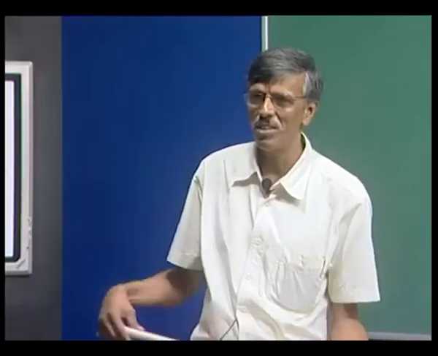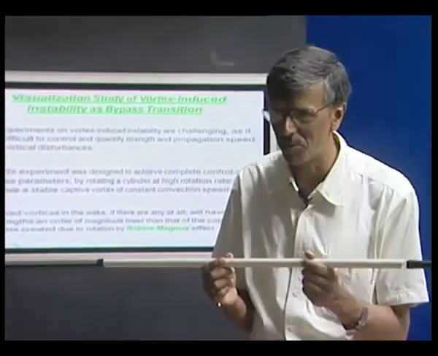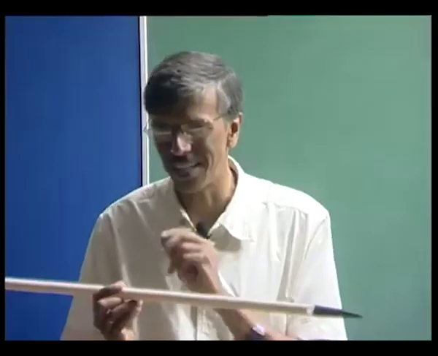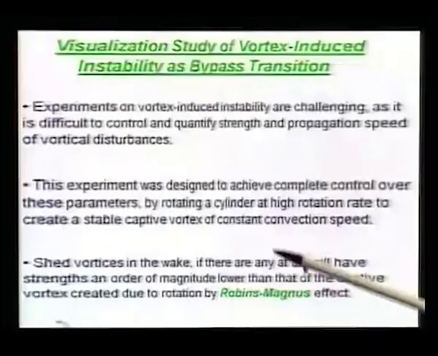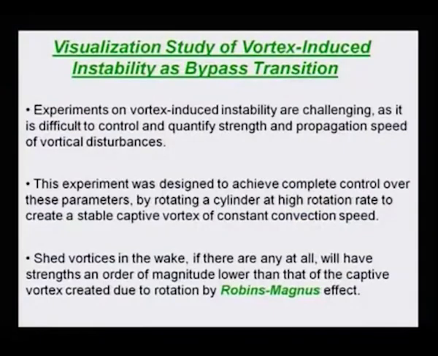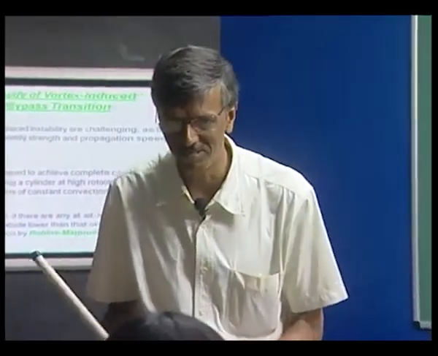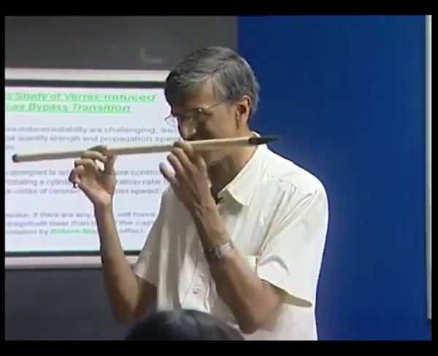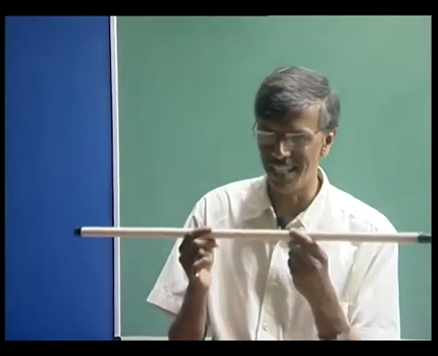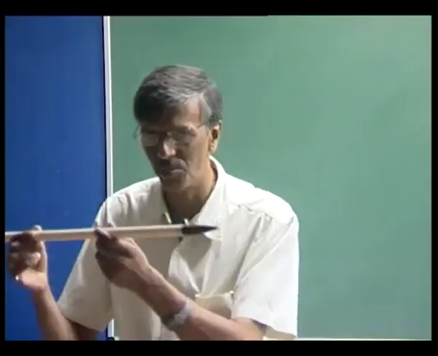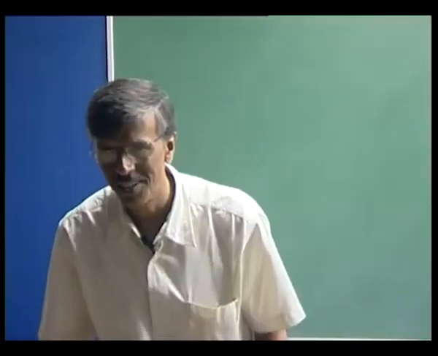We created a vortex by rotating a cylinder. You know that the Robins-Magnus effect creates a very potent coherent vortex at the center of the translating rotating cylinder. So we did that. So we said that this will do the trick, and by the rotation direction we could fix its sign. And because now your vortex is trapped inside the cylinder, you have kept the height fixed. And we also had a stepper motor to guide its motion. Sometimes we could even do it manually, so that we can control its speed of propagation.